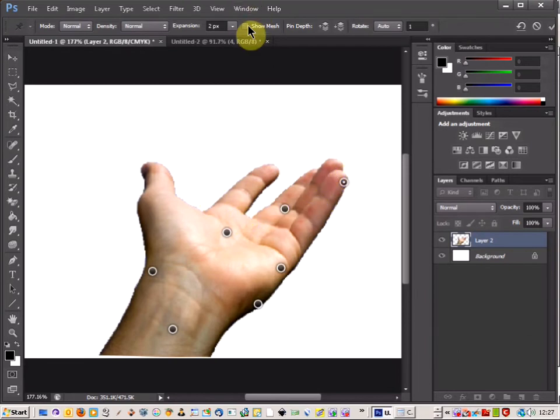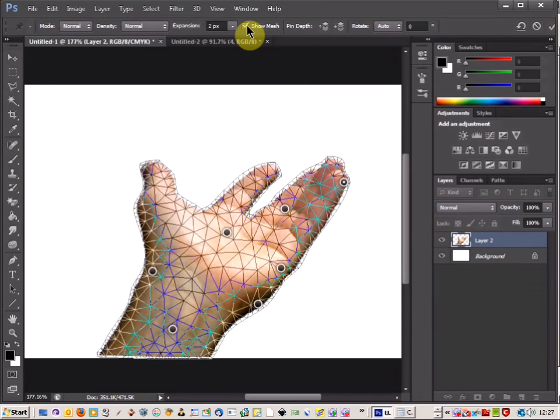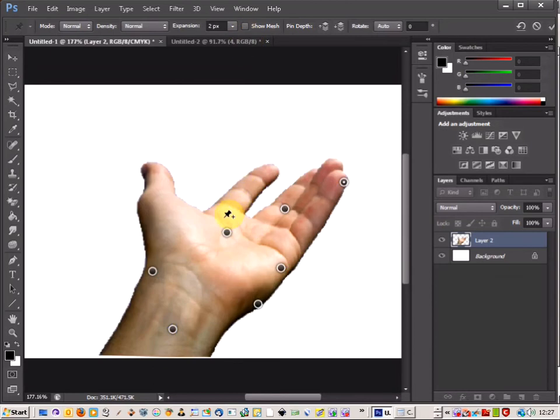Now you can as well come up and show the mesh feature, which shows you exactly how the object that you're dealing with is put together and how it changes with the mesh, but we're just going to leave the mesh tool off for the moment, and I'm just going to put a couple of pin drops down on the finger that I want to be editing. Now this is the one that I want to move, so if I click that and move here,